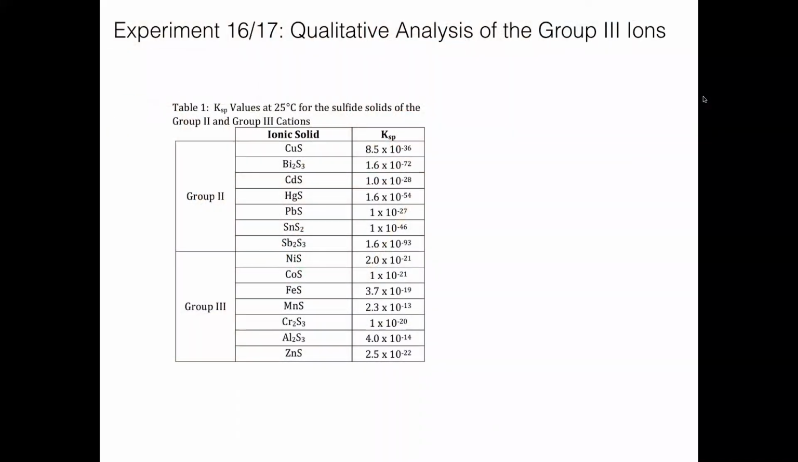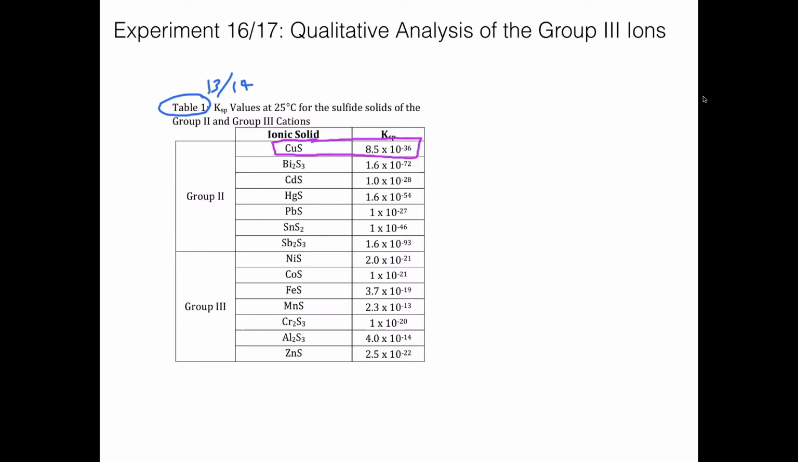Today I'm going to be talking about experiment 16 and 17, qualitative analysis of the group 3 ions. Some of this that I'm going to discuss, we started discussing when we talked about qualitative analysis of the group 2 ions. On the screen is table 1 from the qualitative analysis of group 2, that's experiment 13 and 14, and it has values for the KSP for different group 2 ionic solids with